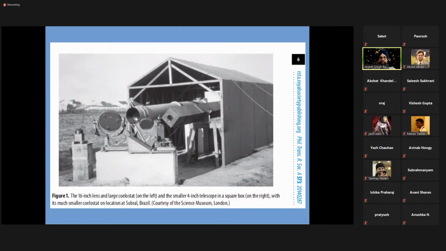This was not appreciated or fully understood at that time, whereas the smaller telescope did not suffer a similar fate. You will notice that the smaller telescope is mounted in a strange way, and this was done in order to maximize the number of bright stars from the Hyades cluster which could be observed in the same frame as the sun. So this thing was actually set up on the outskirts of a race course in Sobral.